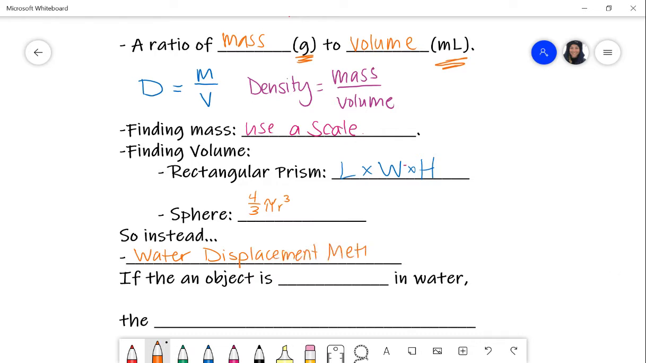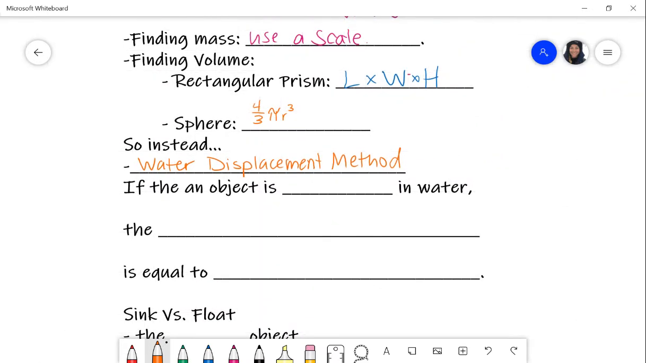This would be how you would find the volume of like yourself. How much space does your body take up? That's different from your weight or your mass. Your volume is how much physical space do you take up. And since your head isn't exactly a sphere and the rest of your body isn't exactly a rectangular prism, we need to use a different strategy in order to find our volume. So here's how the water displacement method works. If an object is submerged, like completely covered in water,